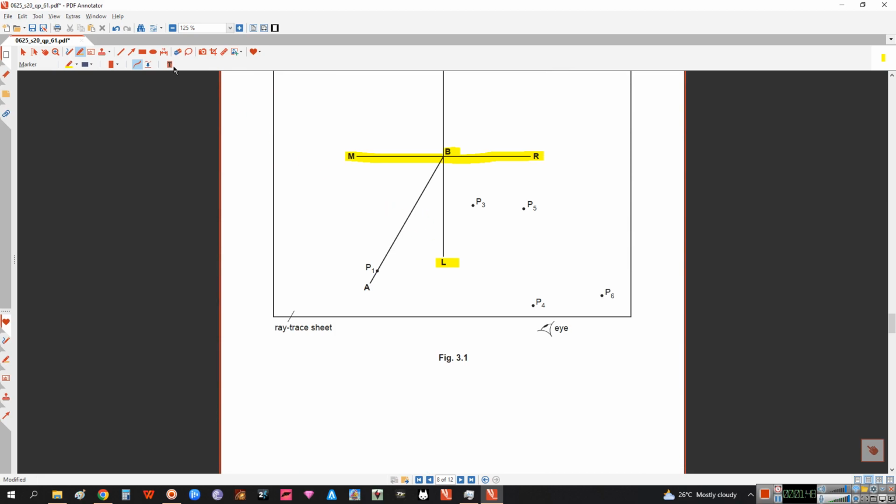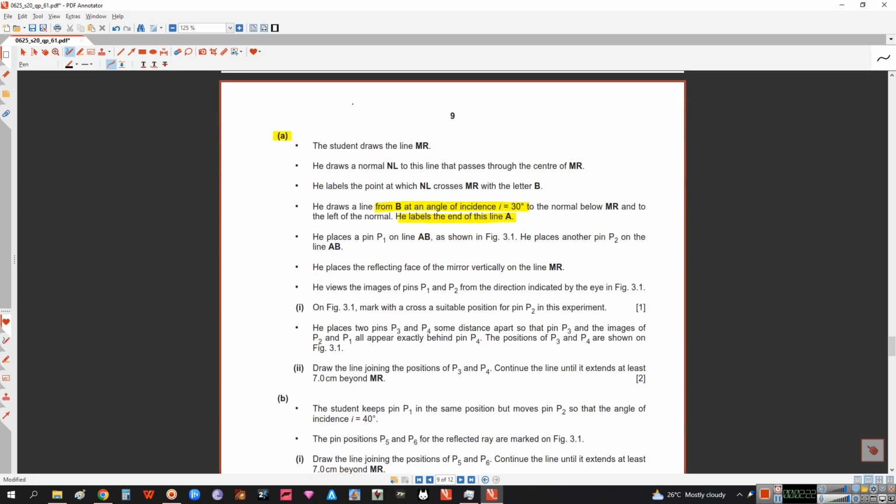Now over here, at an angle of 30 degrees, this is 30 degrees. So let's write 30 degrees. This is the 30 degrees angle, and in the next part,